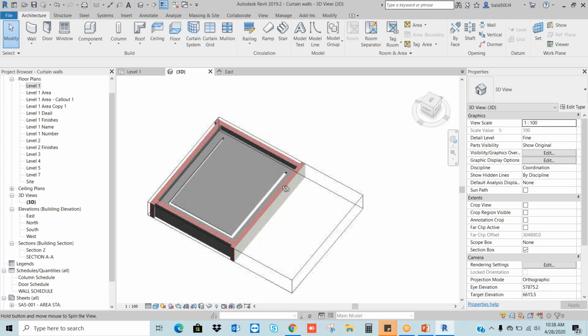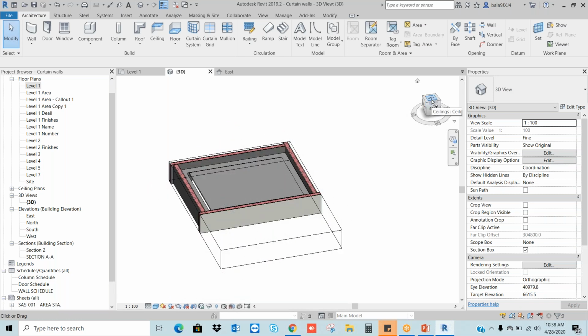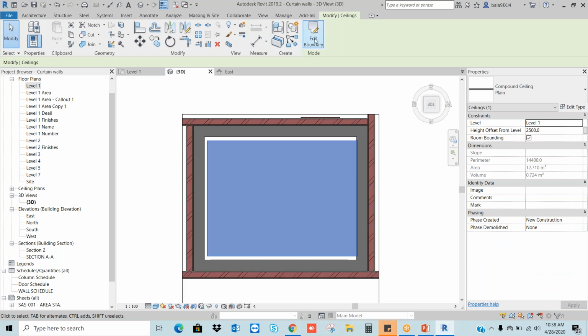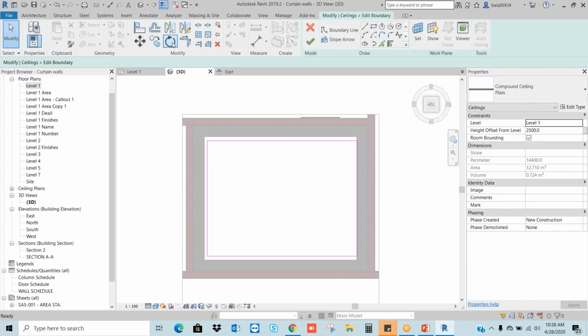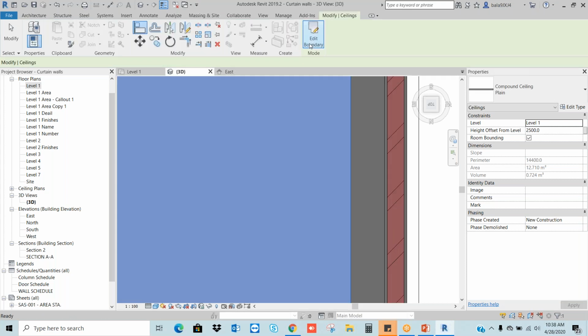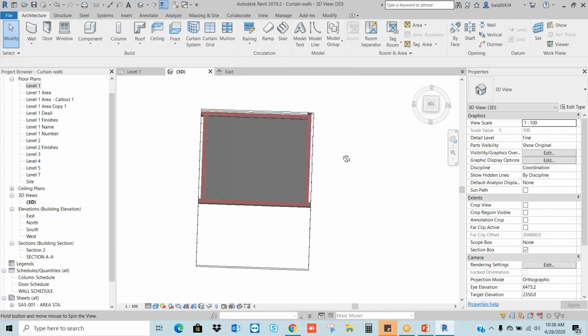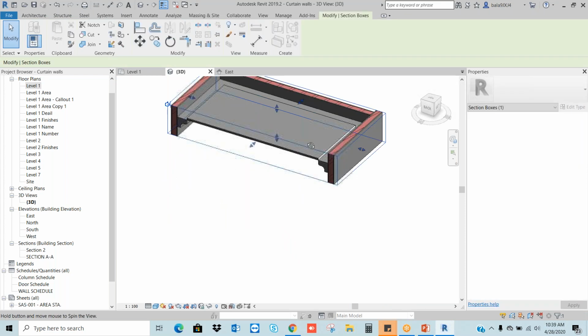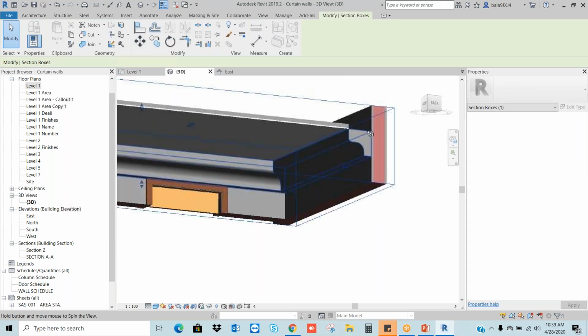This is the ceiling I'm doing. From the top view of this, select the ceiling to adjust exactly. Okay, select it, go to the align command, align to this area. Finish. This is my ceiling.